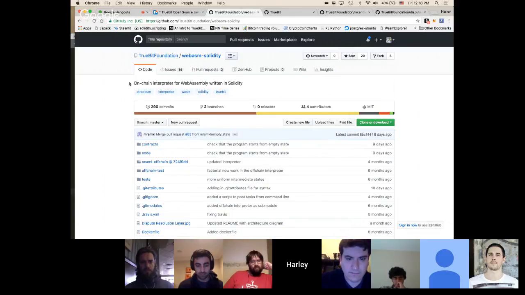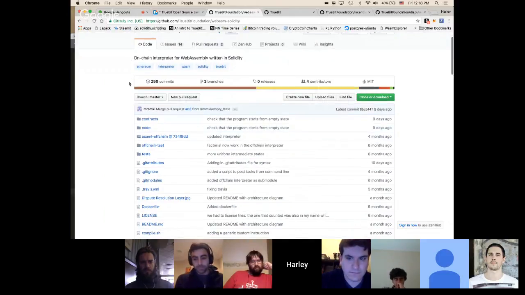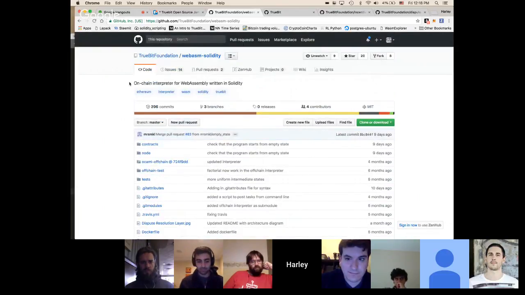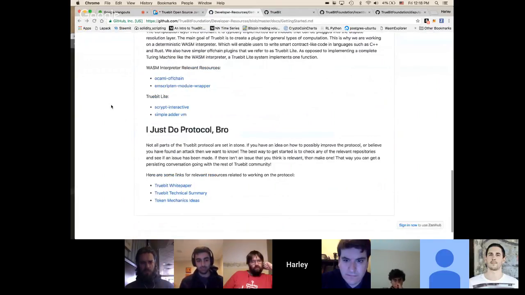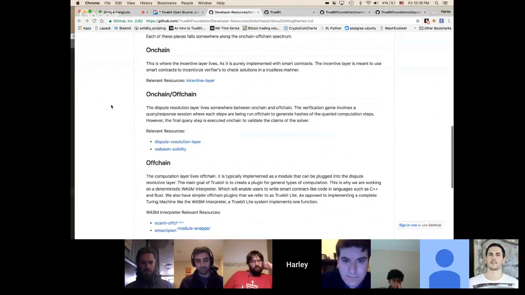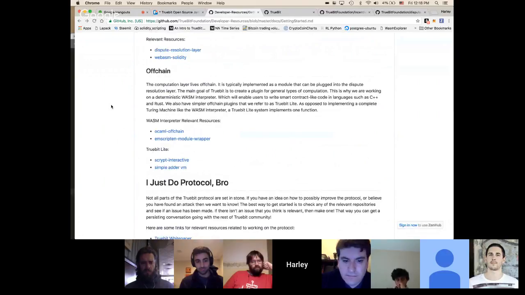This is the thing that Sammy's been working on: a WebAssembly interpreter written in Solidity, which is super crazy, and it's running a single step on chain. There's a ton of cool stuff to work on with that, which leads us to the final piece, the computation layer, where the WebAssembly interpreter lives. You can see all the relevant repos there.